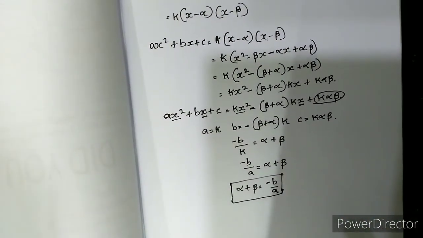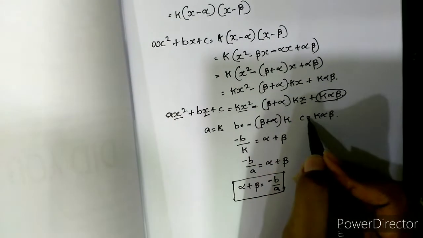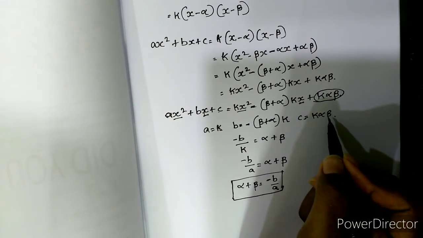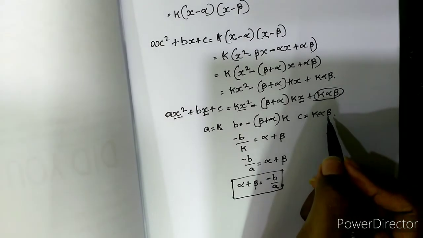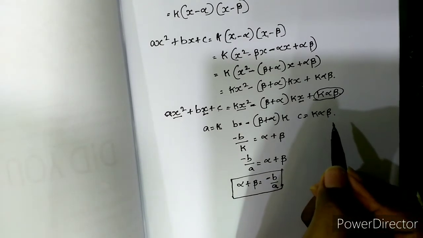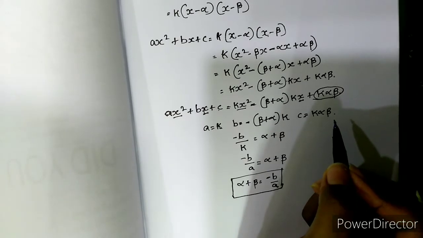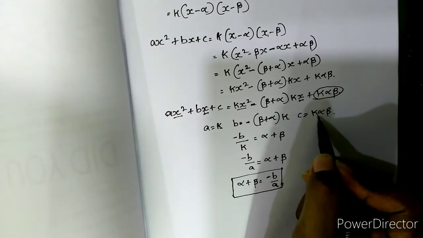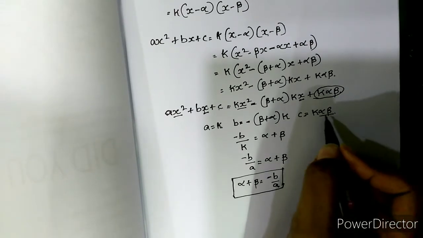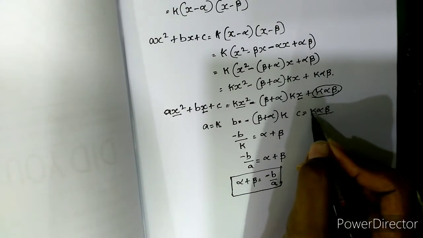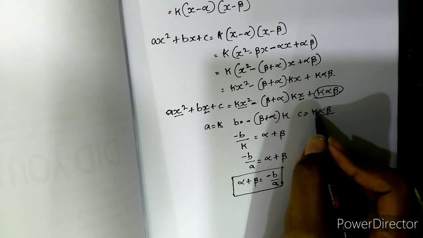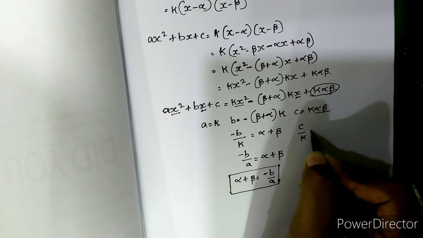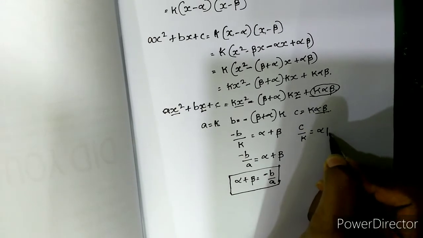Now the remaining is the product of zeros. From c is equal to k alpha beta, we can find the product of zeros. The product of zeros is nothing but alpha beta, as alpha and beta are the zeros of this quadratic polynomial. See, here it is alpha beta. So we need to bring this k here. If we bring this k to the left hand side, it will become c by k is equal to alpha